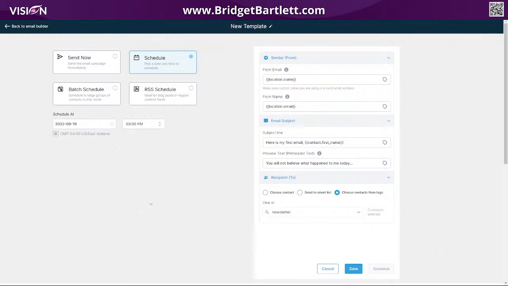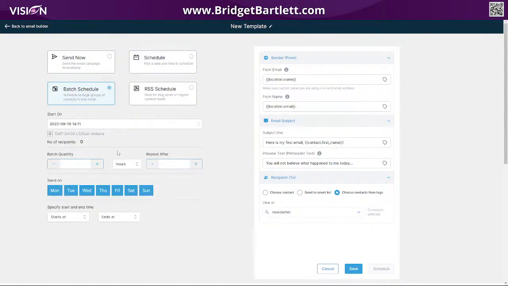If you're sending cold emails, even with a warm email address, you want to do batch scheduling, and you don't want to send any more than about 50 a day. In HighLevel, if you need to send more than 50 a day, it's better to create a different sub account with a different sending email address and then send 50 more a day. That's really what you need to do if you're doing cold marketing within HighLevel, because we use Mailgun, to make sure that you are not getting your account shut down